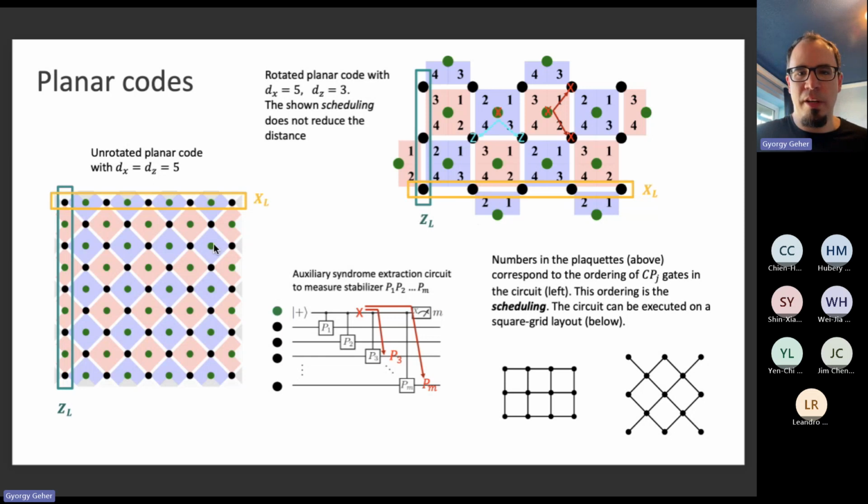So both planar codes can be executed on hardware, let's say superconducting hardware, where we have this natural square grid connectivity. So this one is a very natural choice for the annotated planar code, and this rotated version is a very natural choice for the rotated planar code. Okay, so let me now